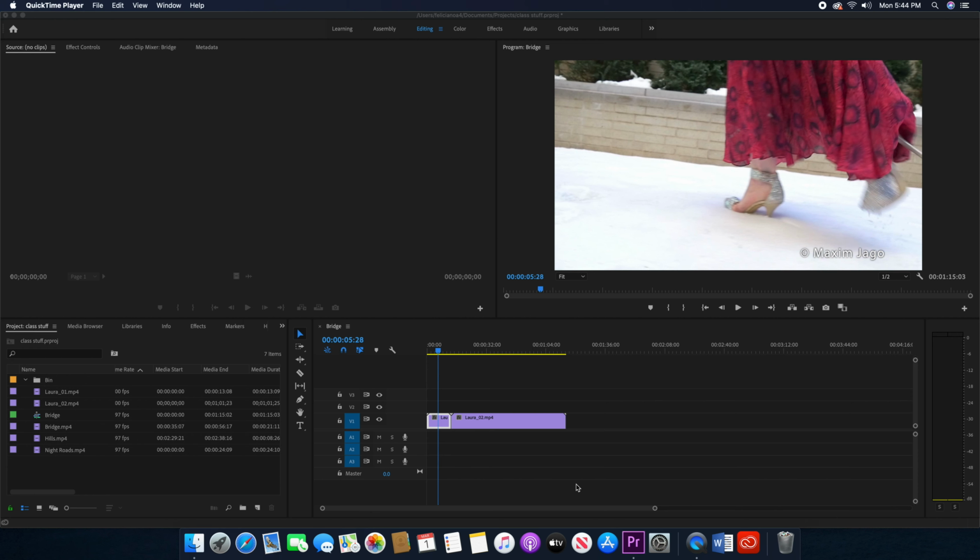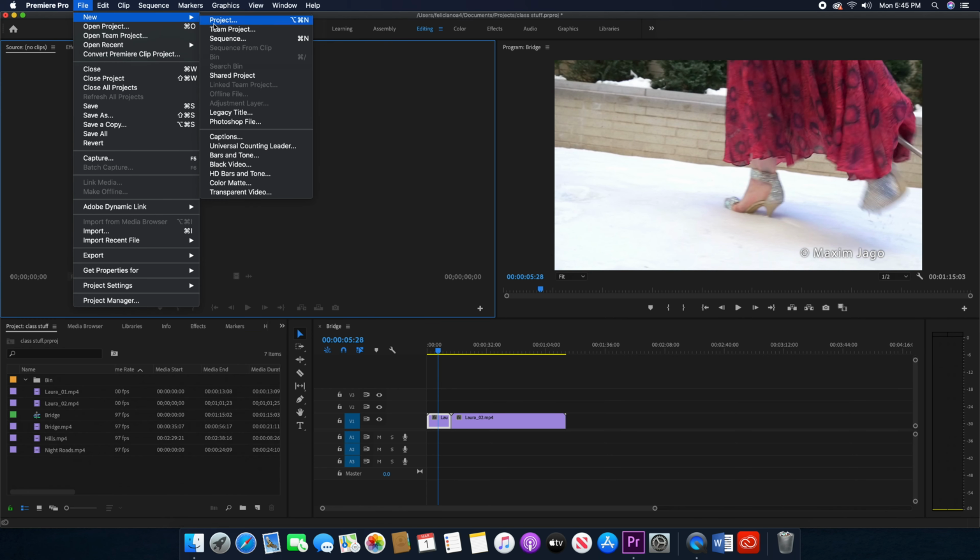Next, we're going to be talking about adjustment layers and why it might be necessary, as well as how to create one. So an adjustment layer is basically an overlapping layer that goes onto the track above your clips, and that layer basically holds any effects that you want to be placed onto the clip without having to copy and paste that effect on every single clip that you want it on. So in order to do that, we'll go up to File, and then actually let me go to File, New,